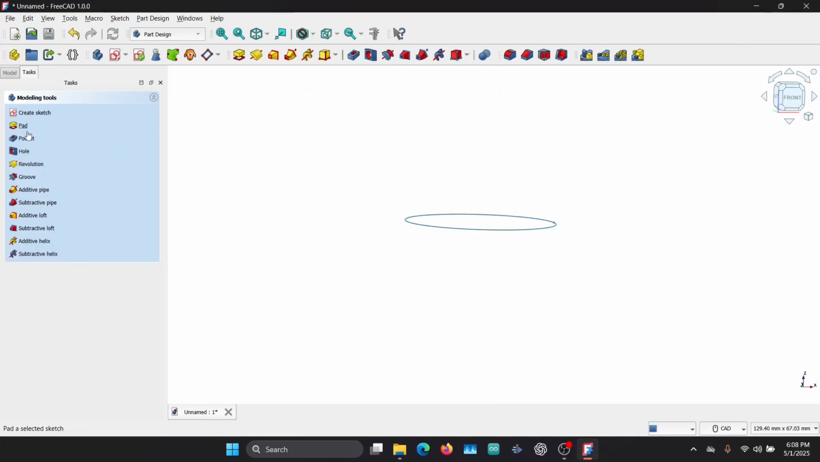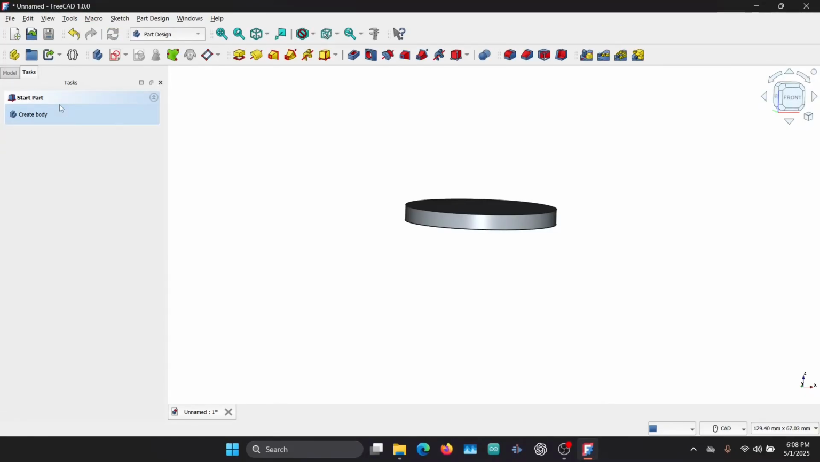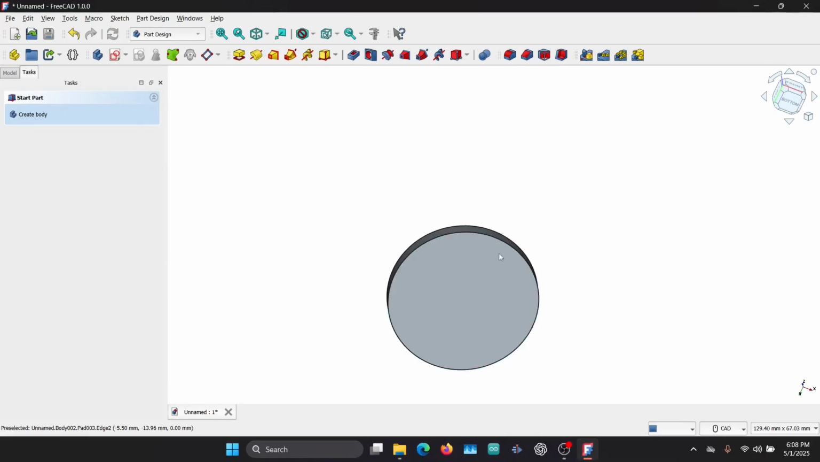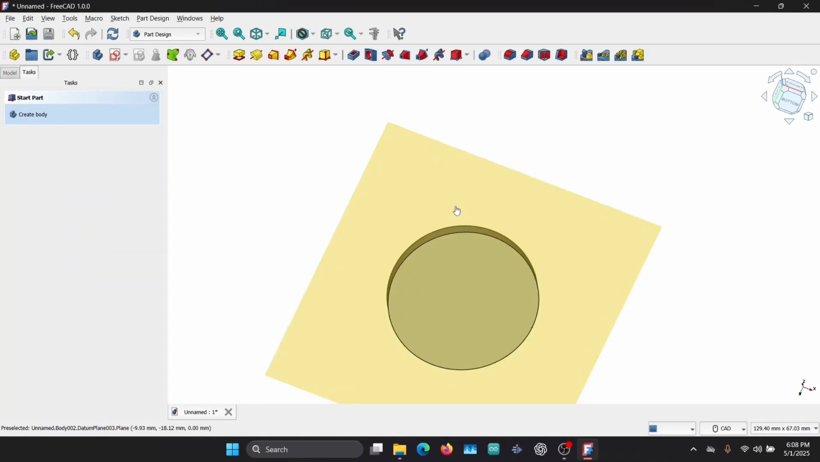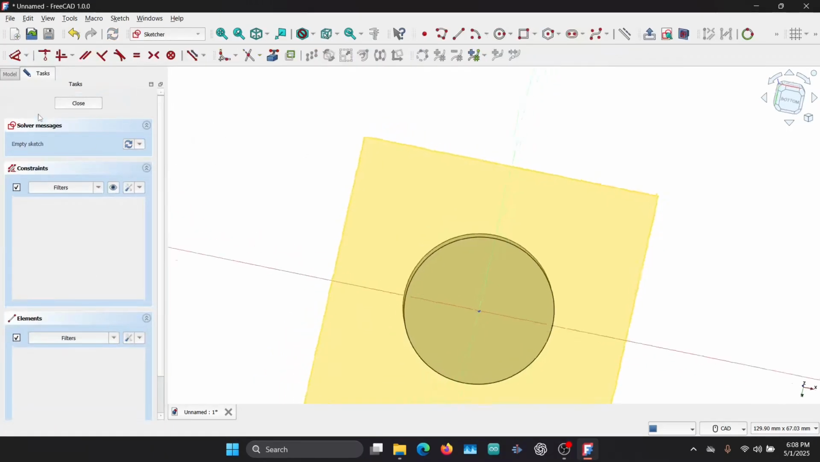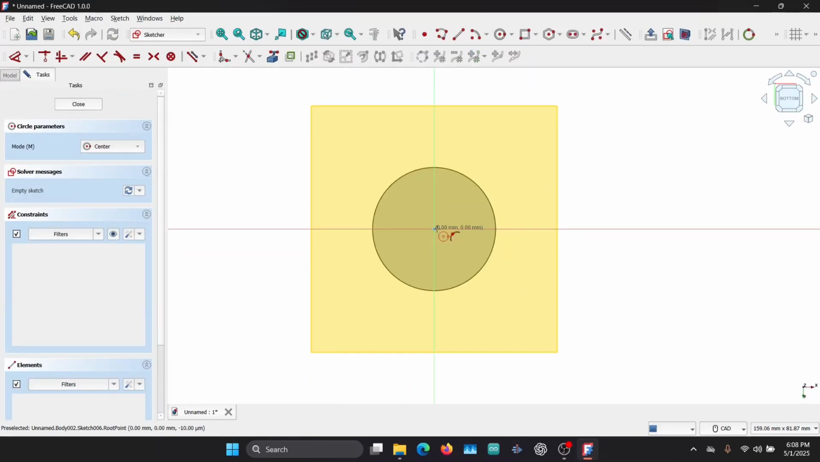Close. Forward a pad of 3 mm or 2 mm. Let's go with 3 mm and hit OK. Now select the bottom of the plane, create a new Dalton plane and hit OK. Select the Dalton plane, create a new sketch, now draw a circle